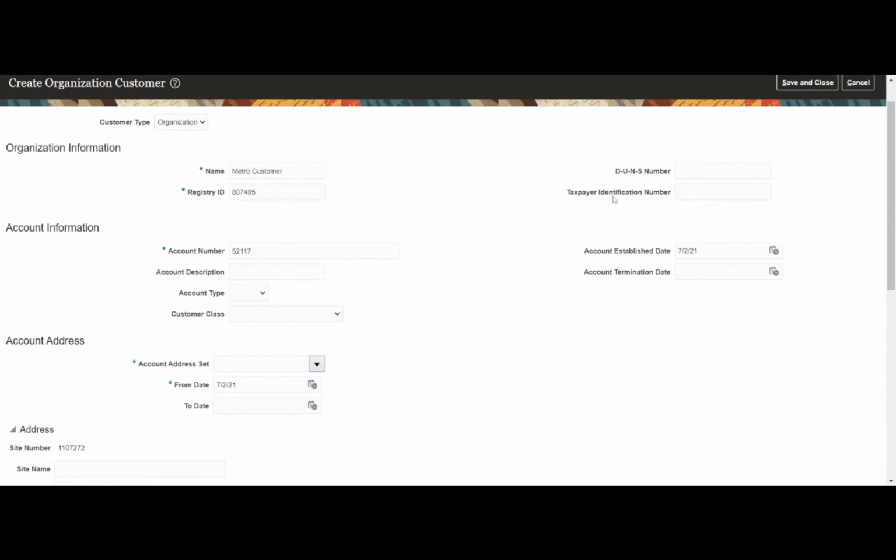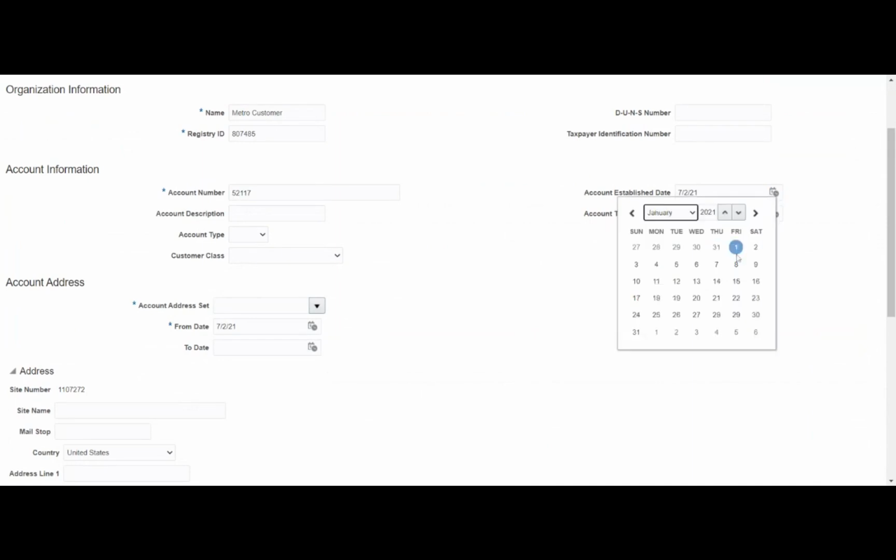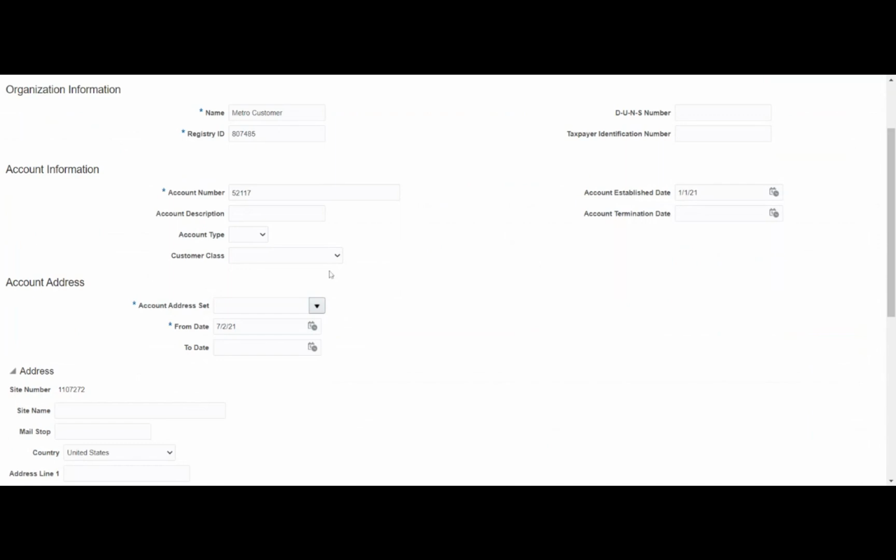Okay, so there is a lot of information that we can capture in terms of taxation and the legal compliance part. So for now, I'm not touching those things. Primarily what we will look at here is the name of the customer, and we will have the account number that is generated. And if I want to give a description, I can give, and we have the account type. So it is either an internal customer or external customer. External customer is the actual customer and internal customer is inside our company. Okay. And